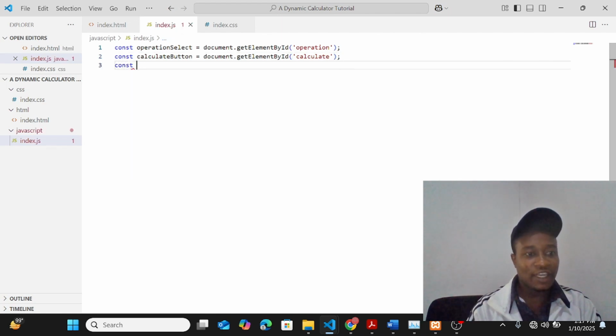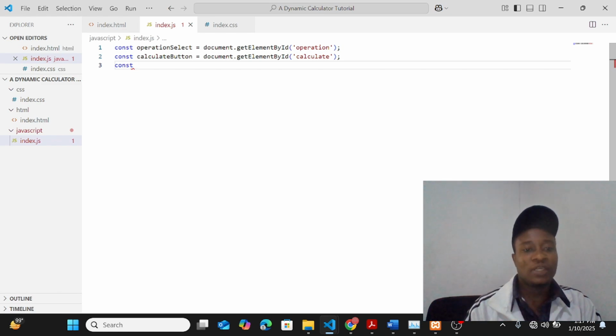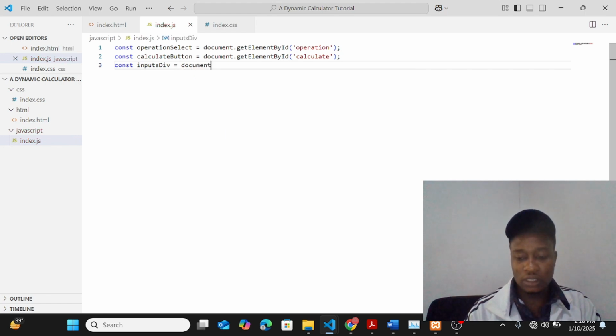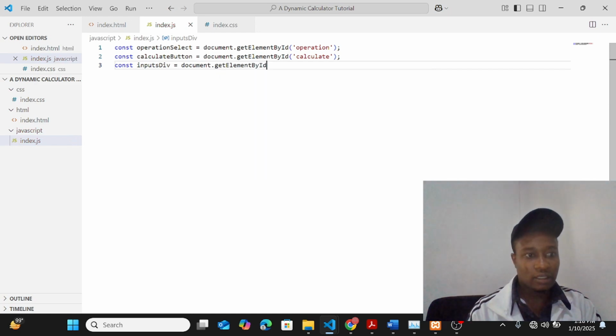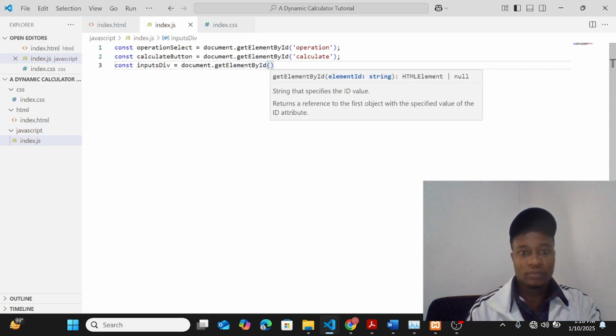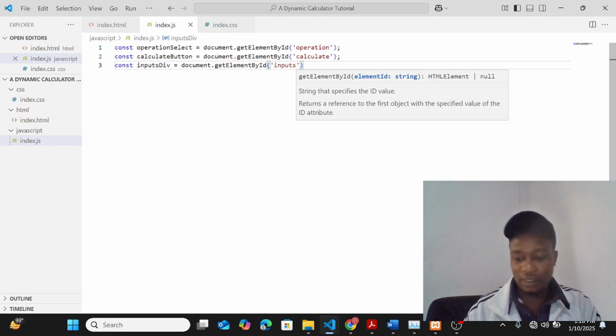Let me save the div where the input box will be. So the div holding the input box, let me name it input div. Should get me the id that is input, document dot get element by id. Make sure you put this in strings. Okay, so